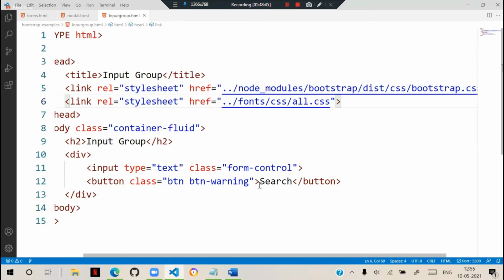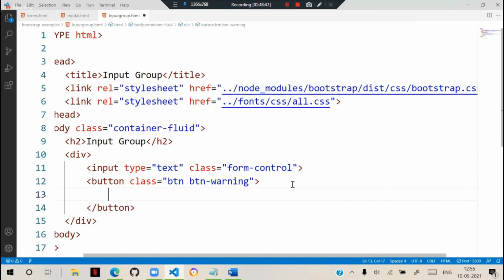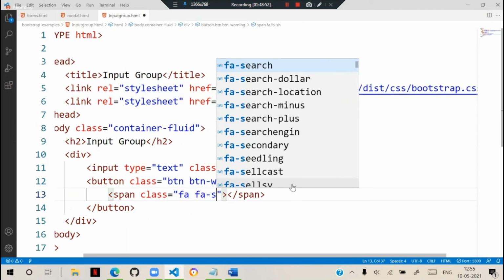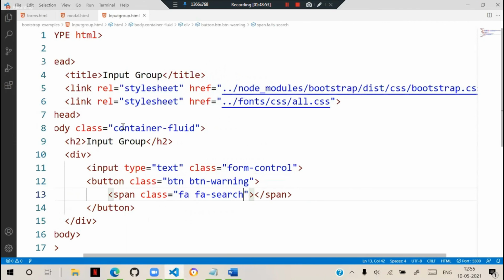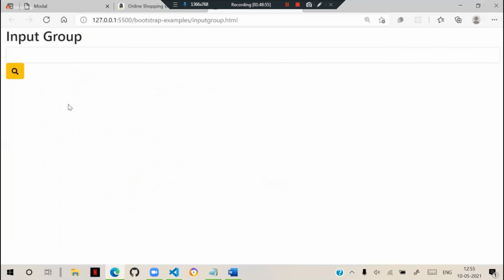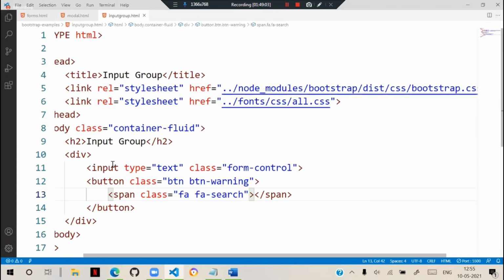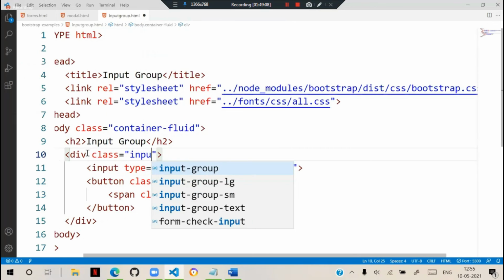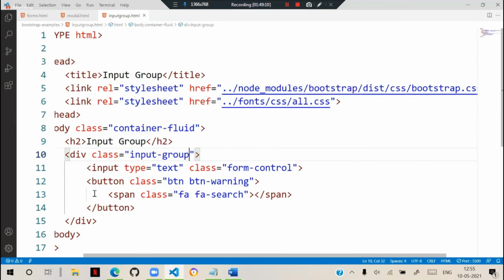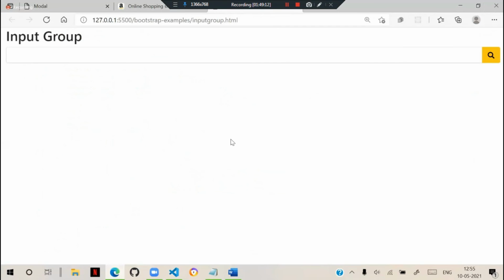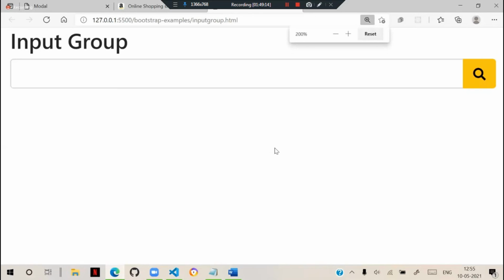Then here I can keep a span with class fa and fa-search, and it will keep a search button there. Usually they look one below another. So for the div which contains both of them, I'm giving a class called input group. Input group will give it like this. It's combined. That's finished. Simple.